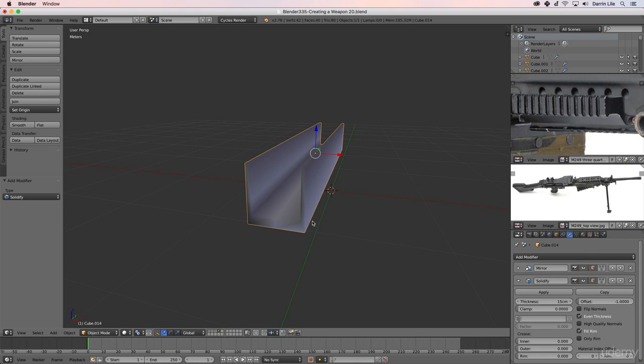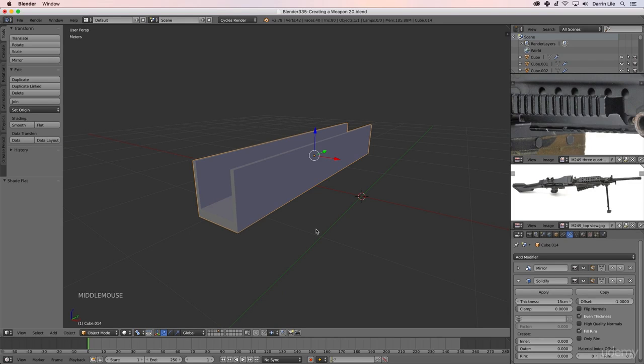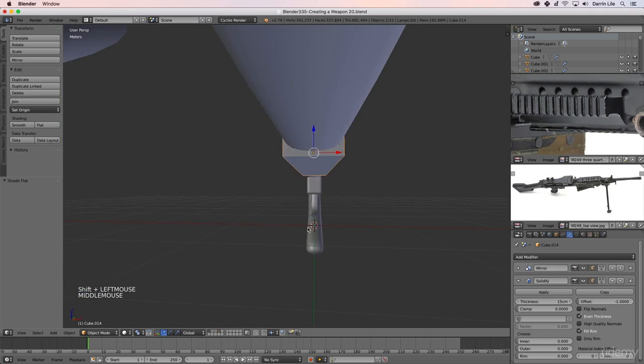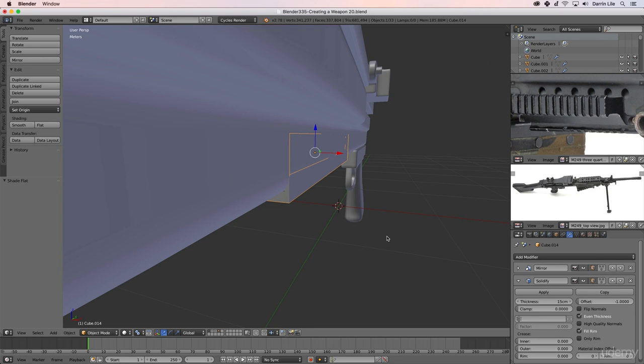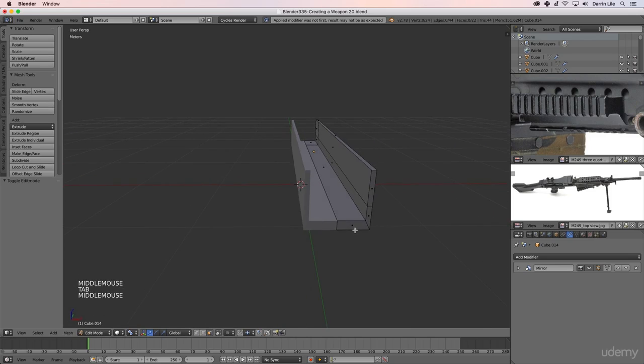It's a little difficult to see with it smoothed, so I'll come over here and I'll choose Flat Shading for now, so we can see the edges a little better. I'll bring back that main piece on layer 1 just to see how it's fitting around it, and it looks like it's a little bit too thin yet, so I'll press S and X and scale it out a little bit like this. So let's go ahead and apply the Solidify modifier, and then if we tab into Edit mode,